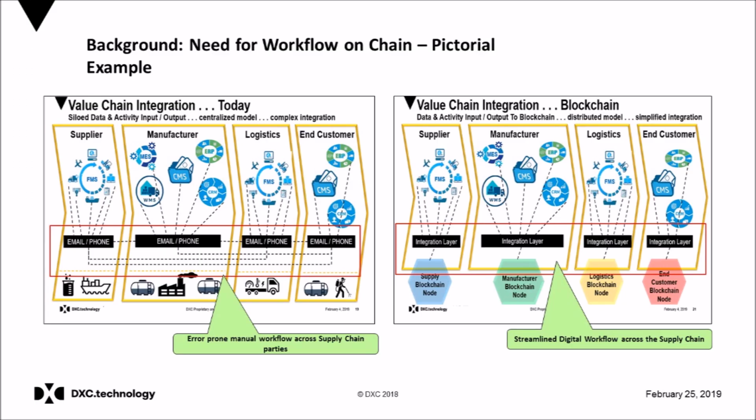But before that, a quick look into what exactly is workflow at chain. What is new about this concept? Why is it needed now? If you see the picture on the left, today's picture, you will see that global supply chain participants communicate with each other via mail or phone, etc. This creates chances for errors and makes it even more difficult to correct such errors. For example, a lost purchase order.